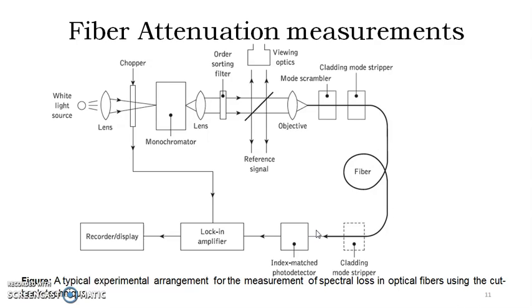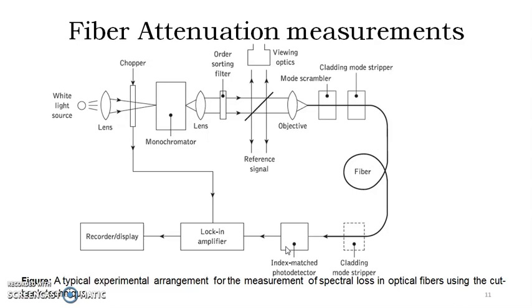And then we consider that particular mode stripper at the other end to remove any optical power supposed to be scattered from the core to the cladding there. So we can say that the cladding mode stripper, even if light is launched inside the fiber, if any light is propagating through the cladding, that is to be removed. Even if at the end some light is propagating through the cladding, it is to be removed here, and we can consider only the power launched inside the particular fiber there.